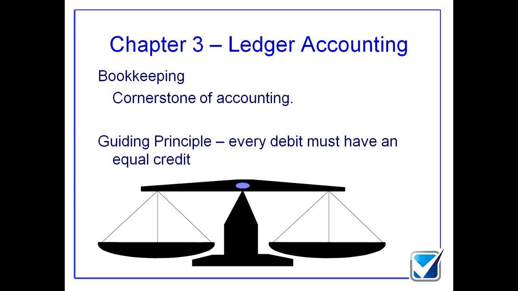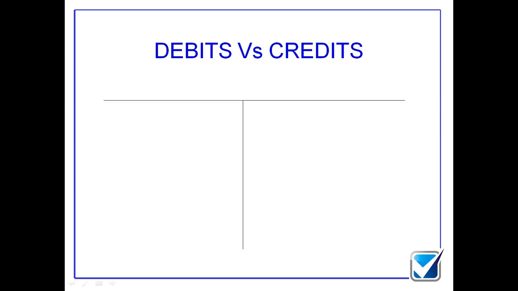What happens with these T accounts is you will drive on the left. If you drive on the right, you will crash. So we drive on the left, we crash on the right. And what that now means is, when I put together my T account, I have debits on the left, I have credits on the right. Okay, does that make sense?